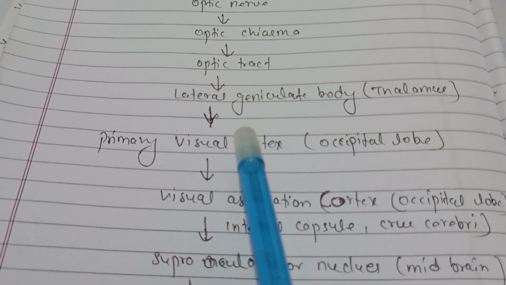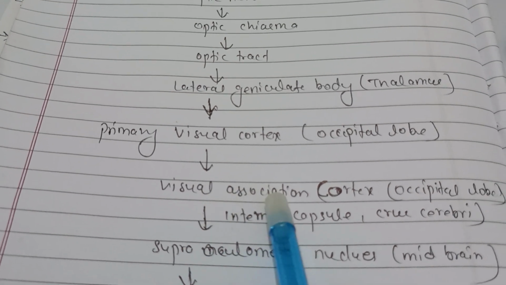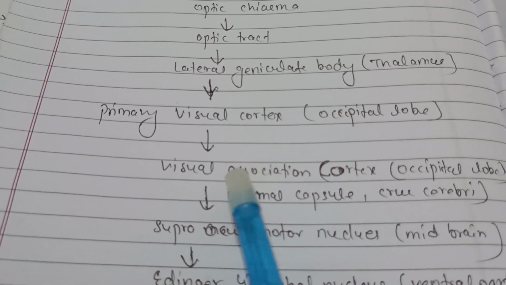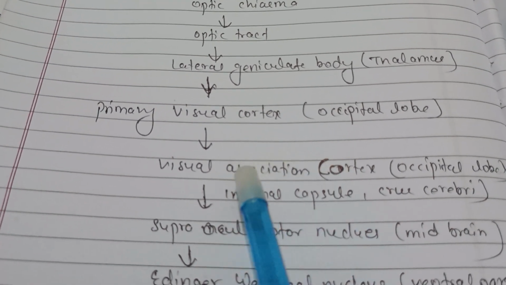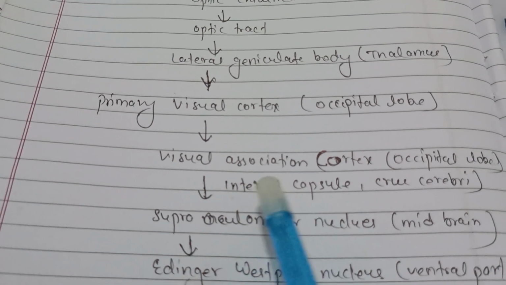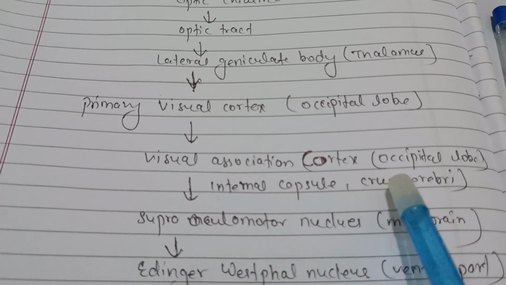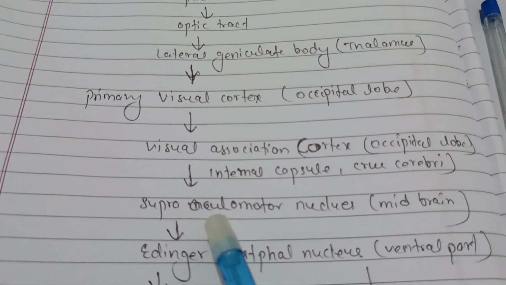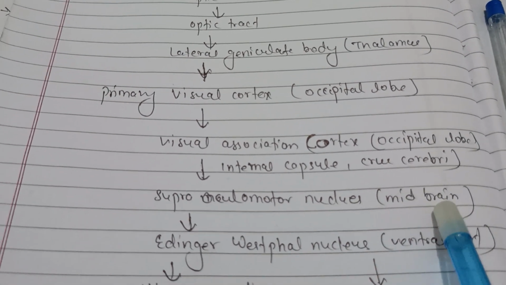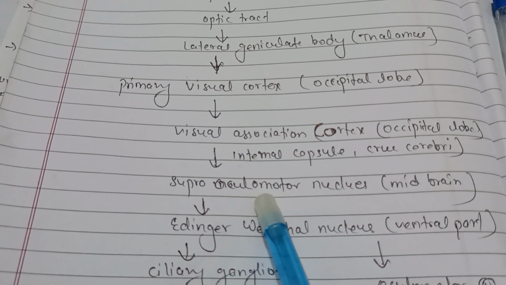lobe, and from the primary visual cortex the information goes to the visual association cortex which is also part of the occipital lobe, and from the visual association cortex the information transmits to the supraoculomotor nucleus through the internal capsule, corona radiata and crus cerebri of the midbrain. The supraoculomotor nucleus is present posterior to the oculomotor nucleus of the midbrain, and from the supraoculomotor nucleus the neurons transmit